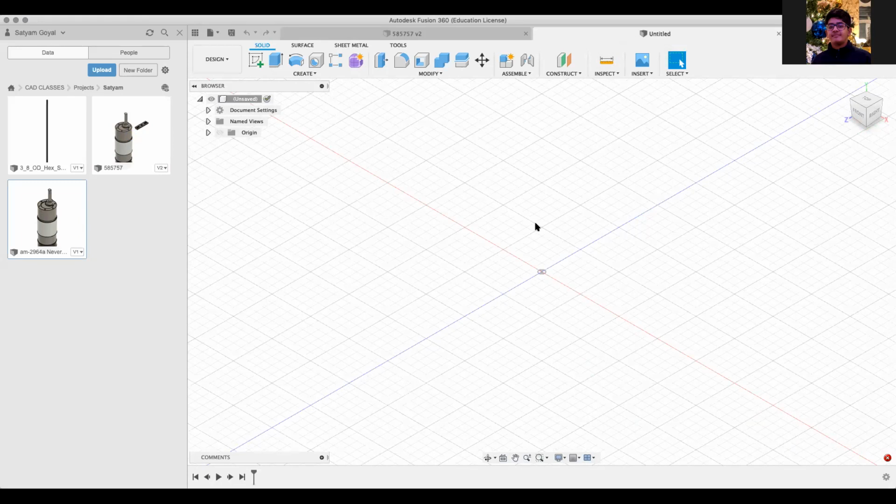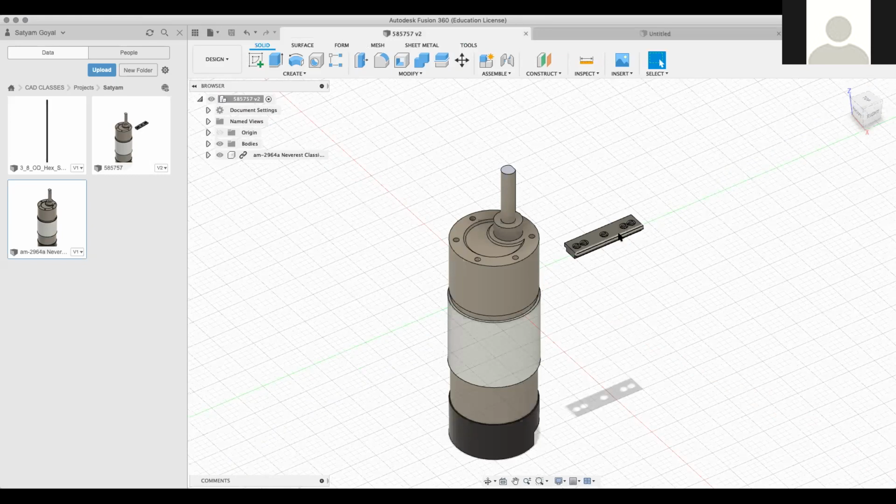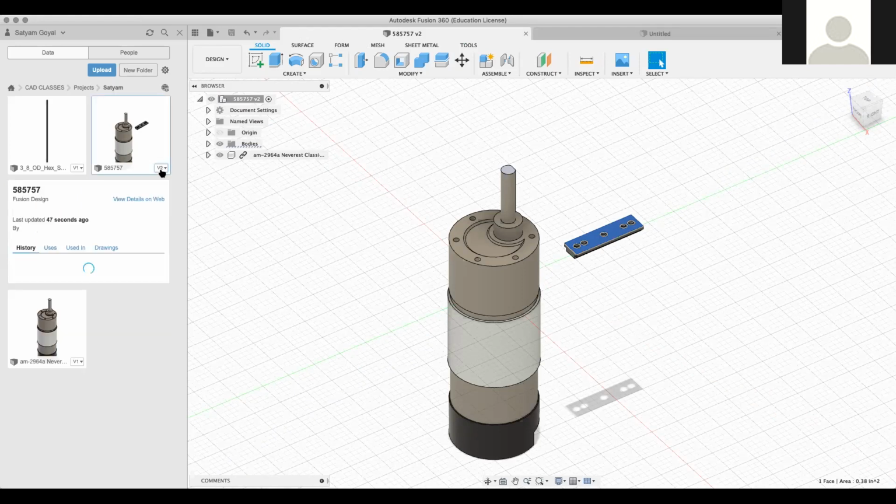So this is perfect. Satyam, you can start talking about restoring old versions. Yeah. So okay, Rohit's right. What I did was, this was a part, called whatever this part was, 58757. So instead of making a new project, I essentially edited the part. So what I want to do now is bring back